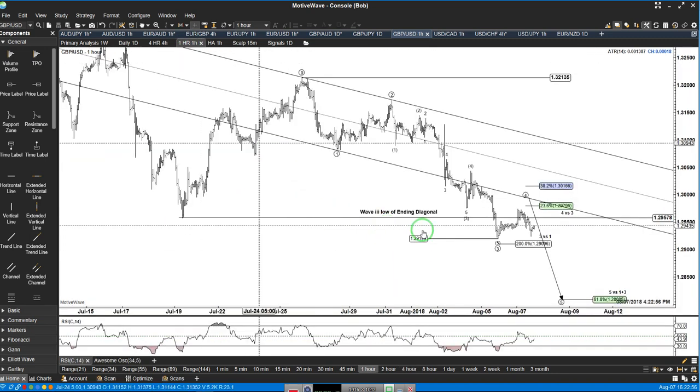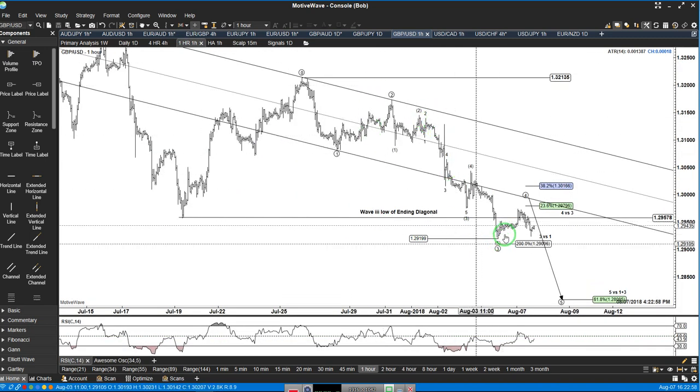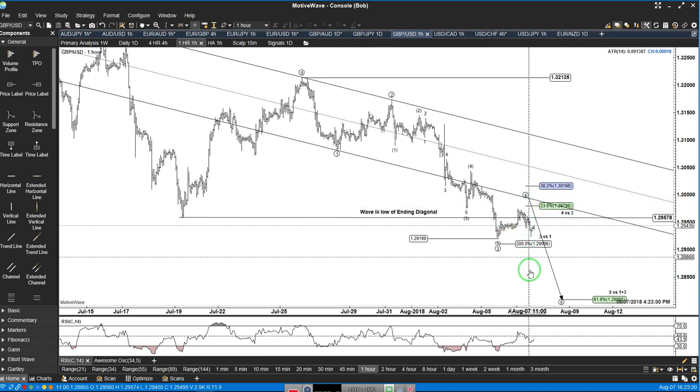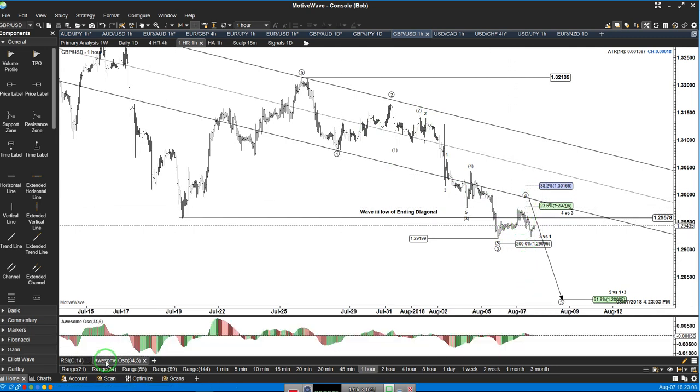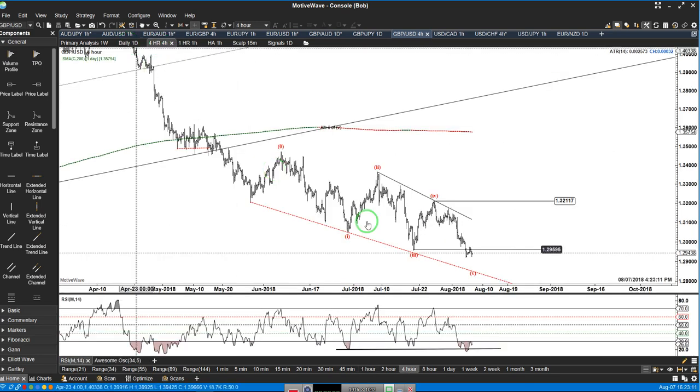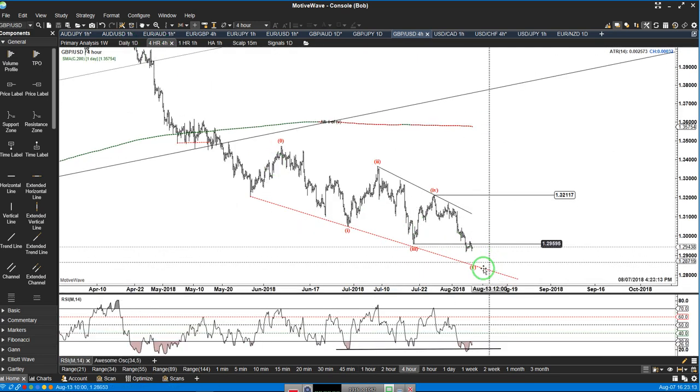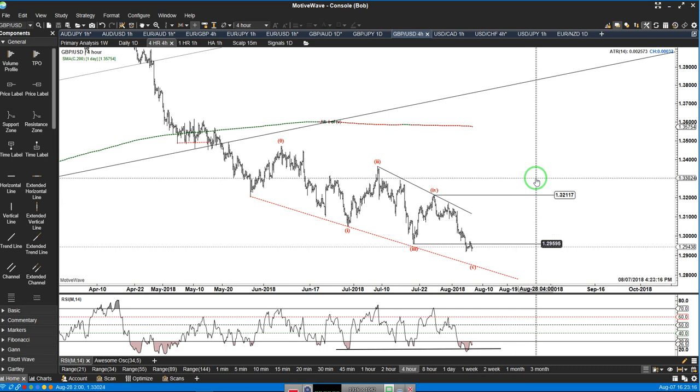So short term, I still see 1, 2, 3. This is working on a 4 and a 5. One more low yet before this impulse down is complete, which should take us down into this trend line. And we may see a deeper bounce from there,